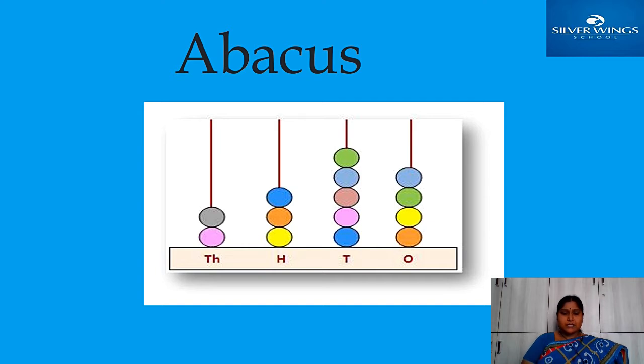See once again here, 4 columns are given in the abacus, because now we are learning 4-digit numbers. So here in 1000's place 2 beads are there. So we will start with 2. 2 is in 1000's place, 3 is in 100's place, 5 is in 10's place, 4 is in 1's place. Representation of the 4-digit number like this is called abacus.